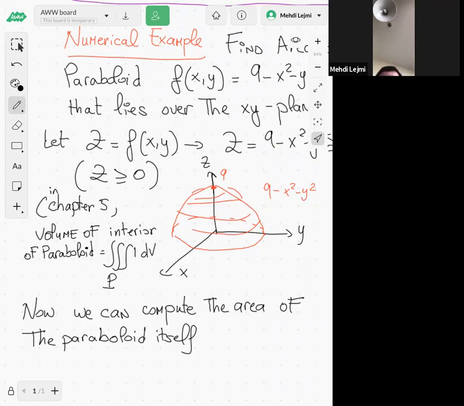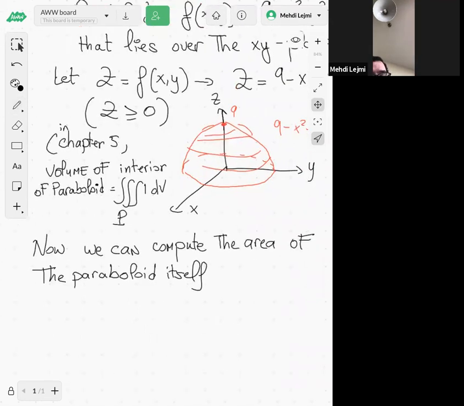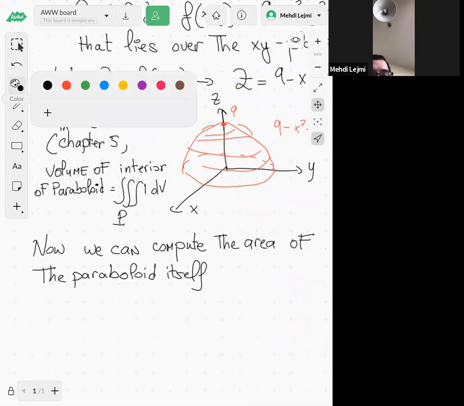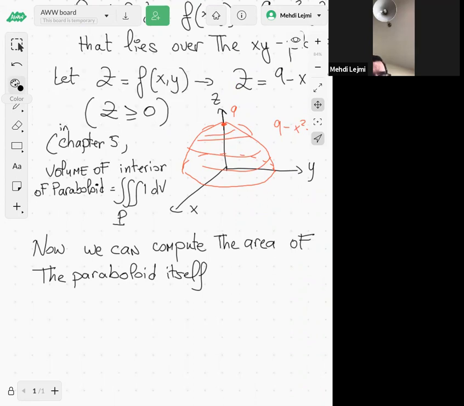Yeah. So, well, I hope you see the difference between the two things, right? The volume of the interior and the area of the paraboloid itself, right? All right. So, okay, what will be the area in this case? Well, all we have to do, guys, is just apply our formula. So our formula says that the area of this paraboloid